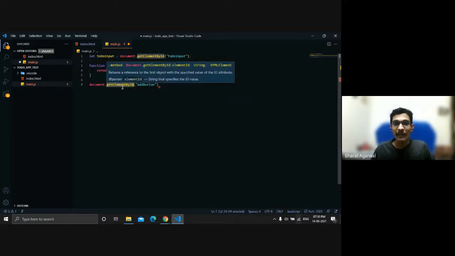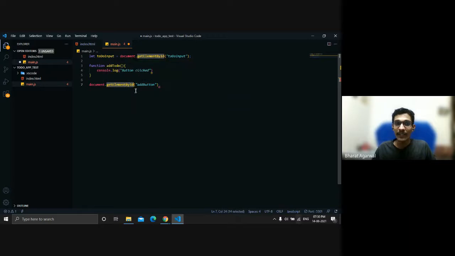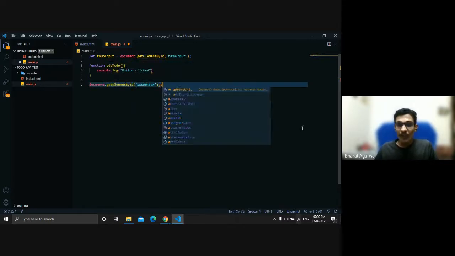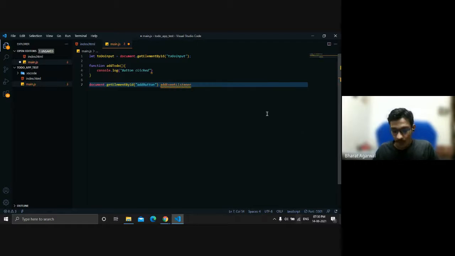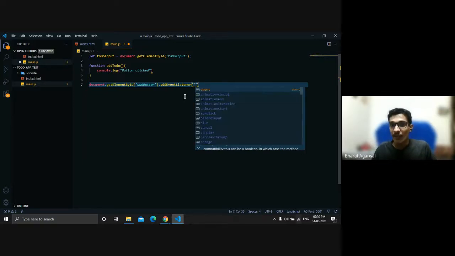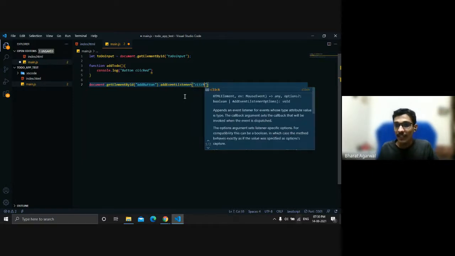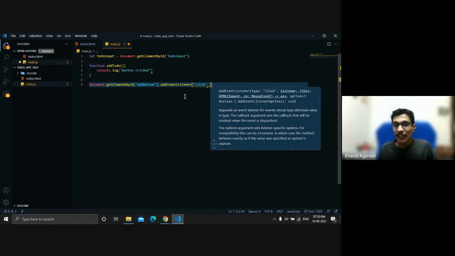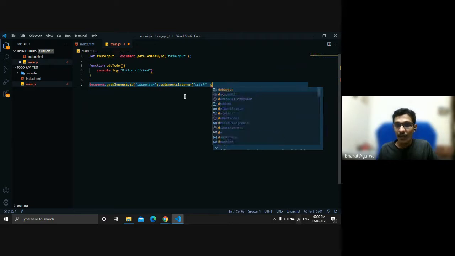Like we can use getElementById, getElementsByName, tag name, class name, and so on. Then I use addEventListener, which will add a listener to that button. Whatever event I want to pass, if I pass a click event, whenever someone clicks on that button, it will invoke a function.